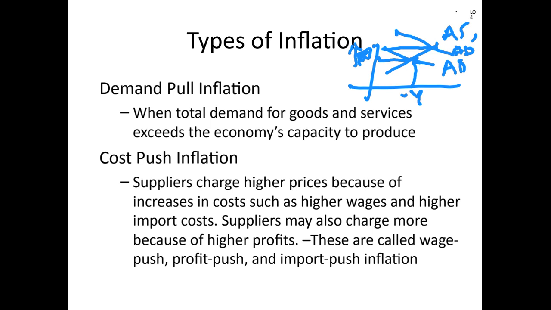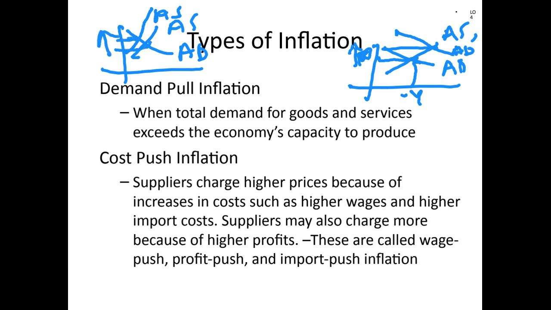On the other hand, if you have the same aggregate demand, aggregate supply, there's no change in aggregate demand, but the problem is the cost of production is increasing. So the suppliers in the country will charge higher prices for the same level of production. That is, this aggregate supply curve will shift to the left because now they are charging higher prices. So what happens? See, price will also increase. So in both cases, prices are increasing. But there's a big difference, which I'm going to discuss in the later sessions, don't worry.